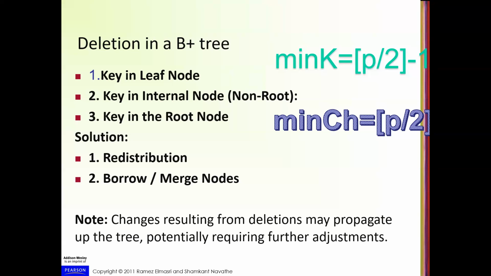Here, deleting keys out of a node might result in a situation called node underflow. Node underflow occurs when the number of keys inside a node falls below the minimum required keys. And how do we find out the minimum required keys inside the given node? We use a formula which is called as